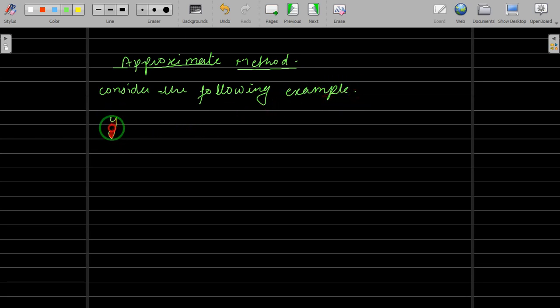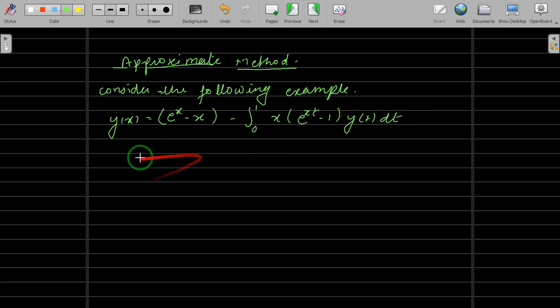Let us take this integral equation. y of x is equal to e raised to x minus x minus integral 0 to 1 of x into e raised to xt minus 1, y of t dt. Now in this case, the kernel